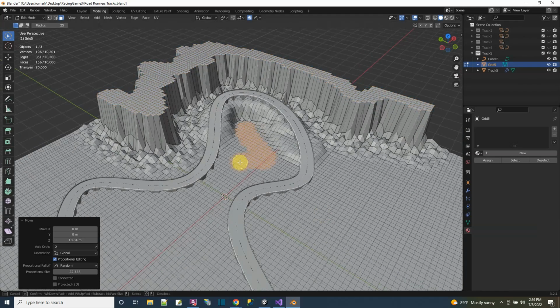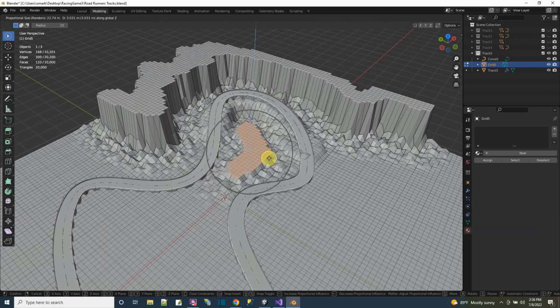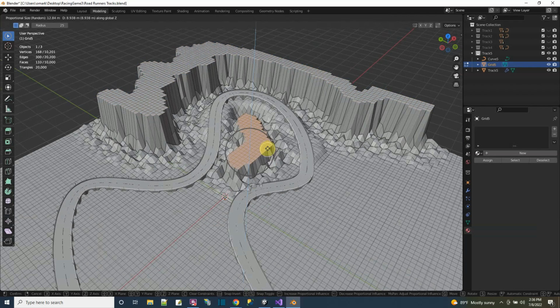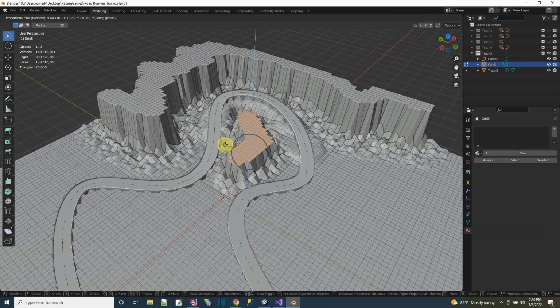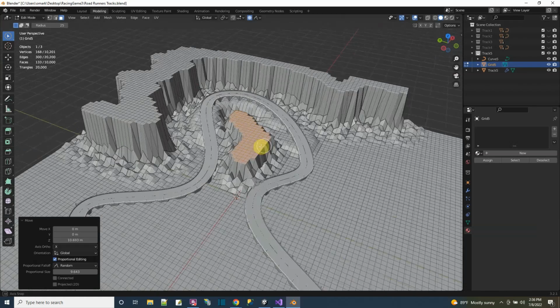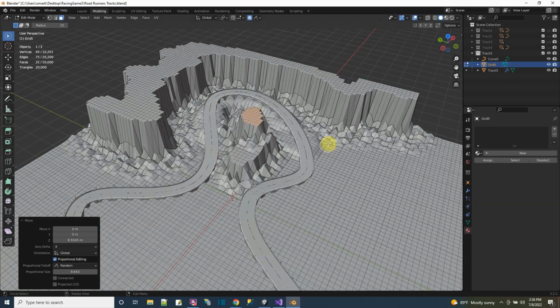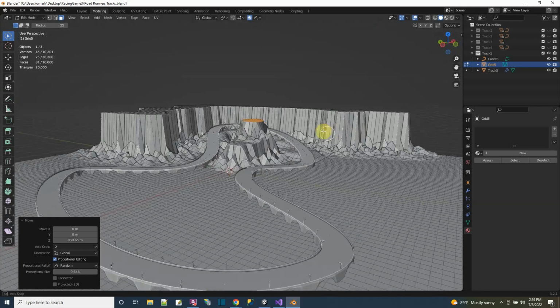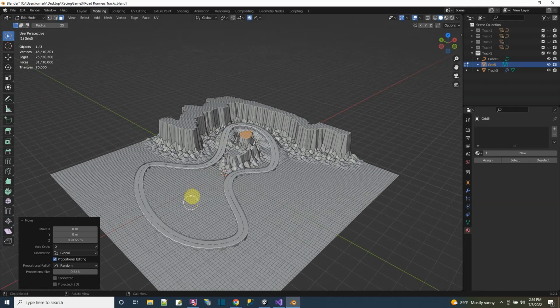And then maybe, I'm just going to be creative. Well, maybe I should do it like this. G, Z. Ooh, look at those random cliff walls, and some of them are bumping into the track. That's why I didn't want to get too close. And maybe right there, G, Z. This is where I get all that variety from. So how's that look? I'm going to come around the track, drive through there,